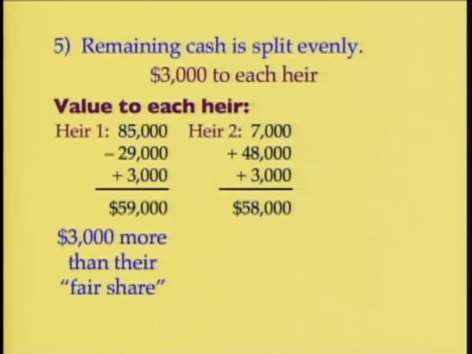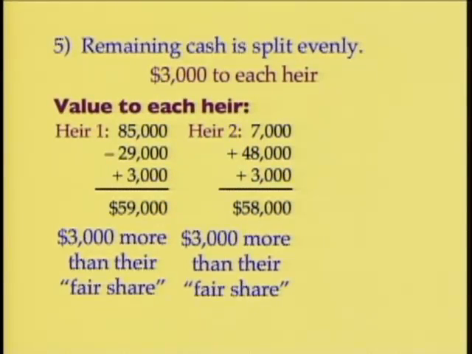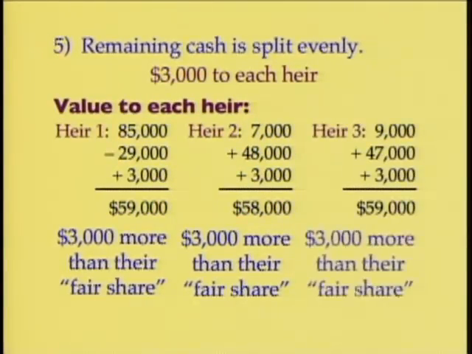The second heir got, I think it was the boat, received some cash and received the additional cash. That additional cash is over and above what they consider to be their fair share. And then the third heir, the same thing happens. This is a nice system because everybody ended up getting more than what they considered to be fair. Everyone should be happy with this arrangement, which is nice. That's a good system. It's a good way to kind of handle things. Even beyond that, it's a good